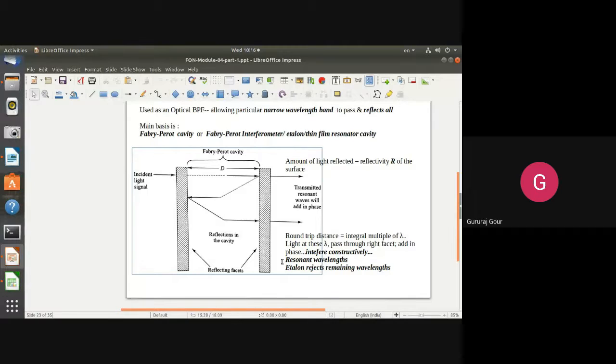The etalon rejects the remaining wavelengths. Etalon means this surface. Etalon is a name, that is a light theory. So this is the light theory. That is the condition that is allowing the light rays to be added constructively. Only those light rays which have integer multiple of wavelength will be allowed to pass through the right facet and will be allowed to add constructively, which are actually added in phase and are acting like dominant or resonant wavelengths. So let us see what this etalon is and how it is going to reject the remaining wavelengths, cancelling them out, leading to the dark color.